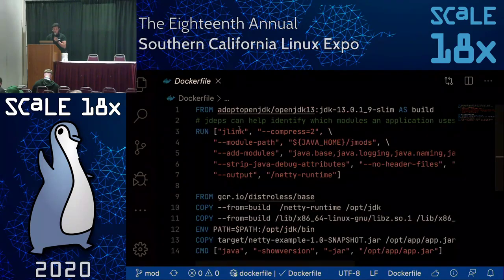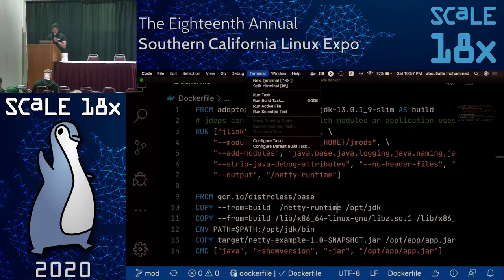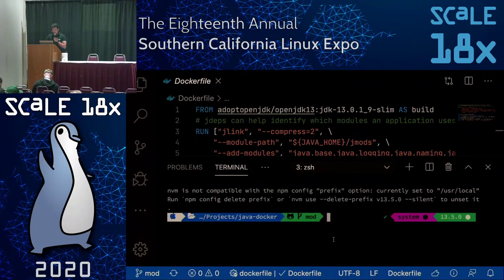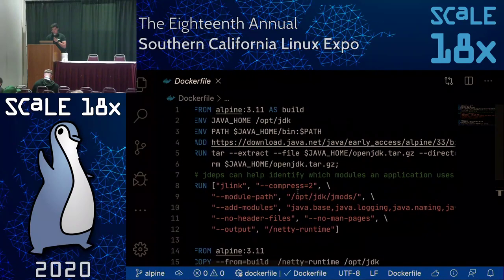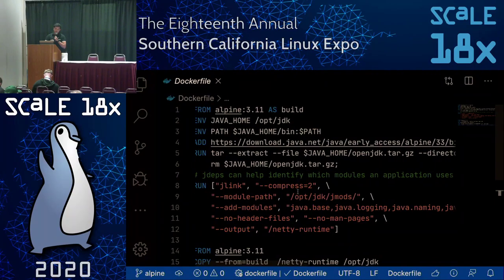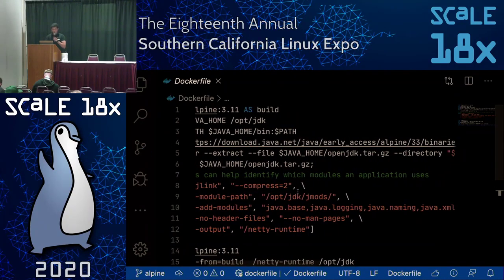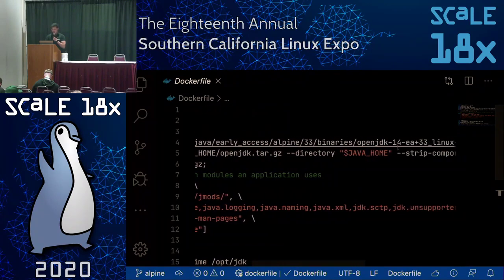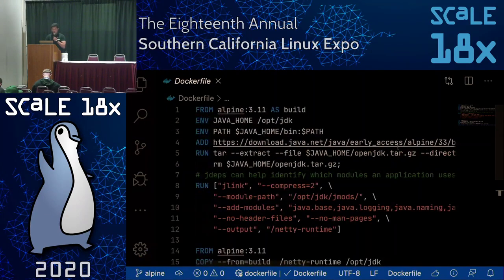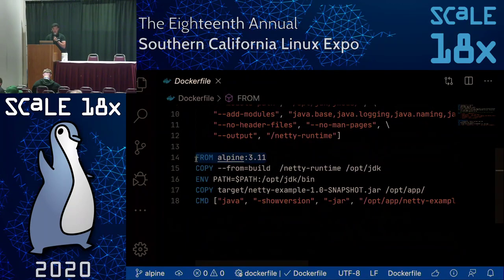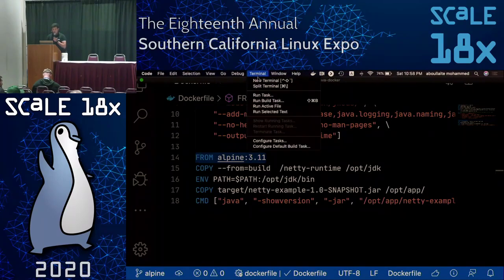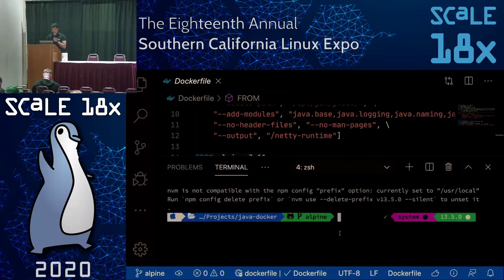We can do the same with Alpine and use Project Portola instead. Let's see here. So I'm doing the same exact thing here. Simply using, instead of a regular JDK, the early access of Project Portola as part of the early access of Java 14, and then using Alpine as the base image, and then using my own custom JRE. So if I go back to my master branch,